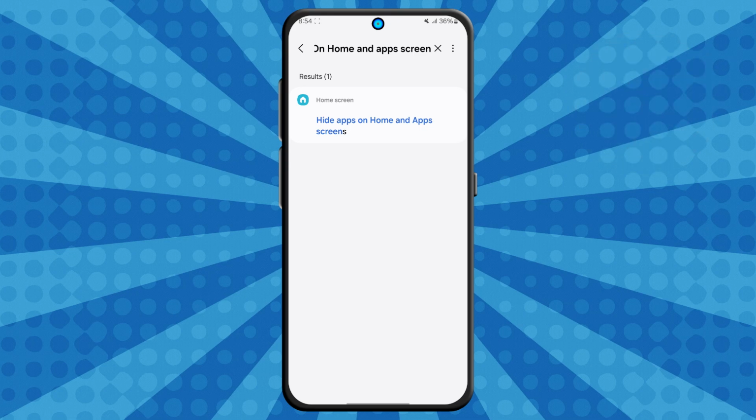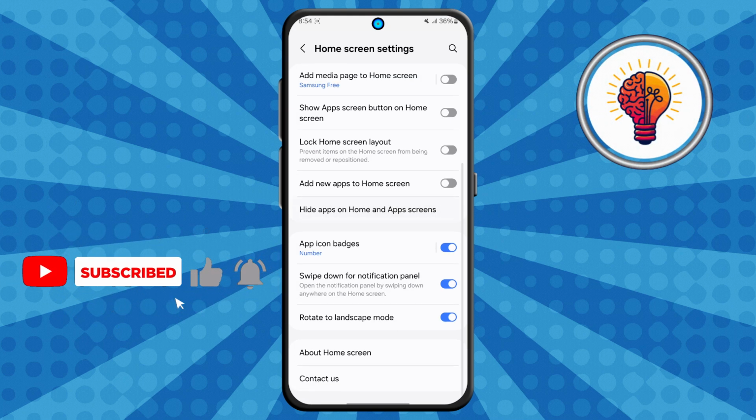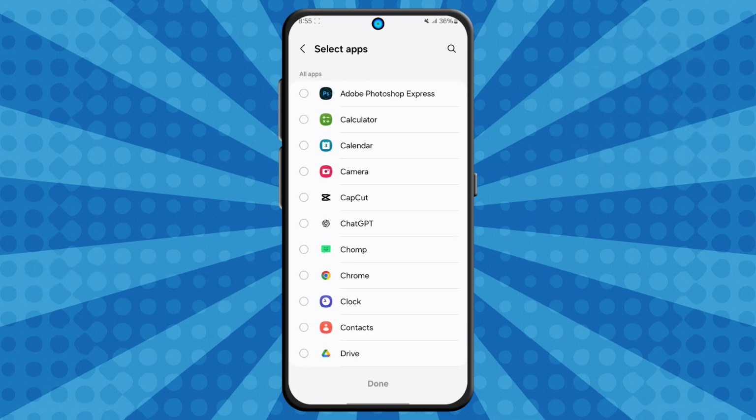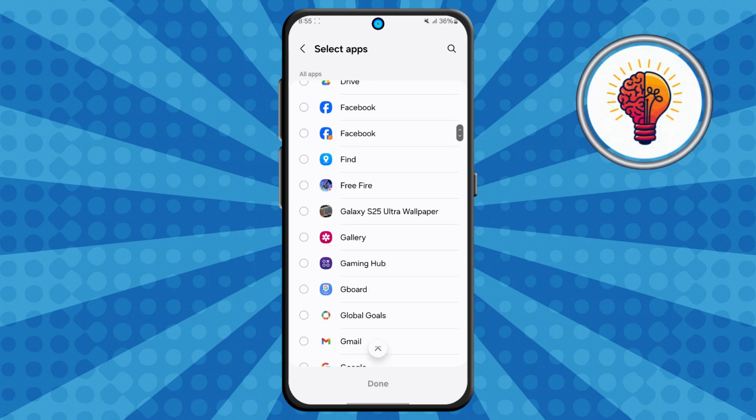Step 4. From the search results, tap on the option that says Hide Apps on Home and App Screen. Once you're inside, you'll need to tap the option again to confirm that you want to enter the Hide App settings. Step 5. For the last and most important step, under the section, scroll through and tap on any game